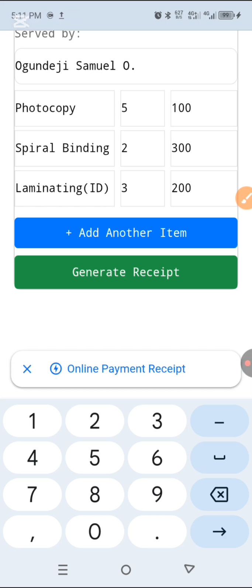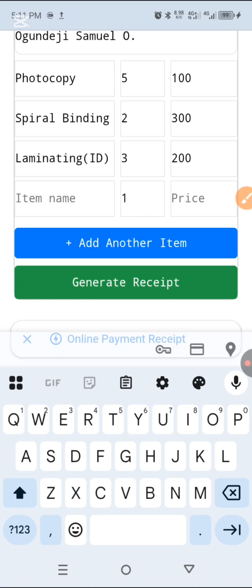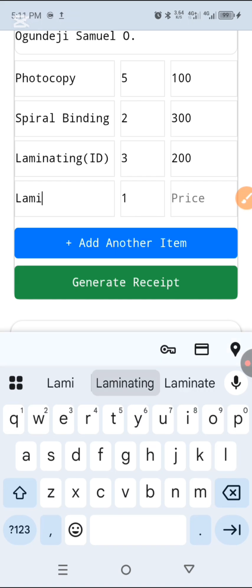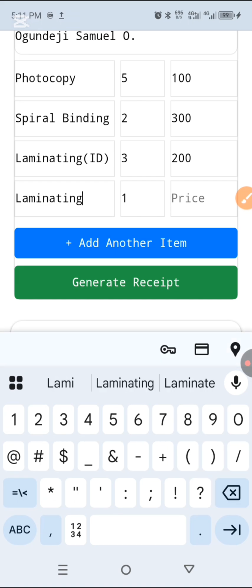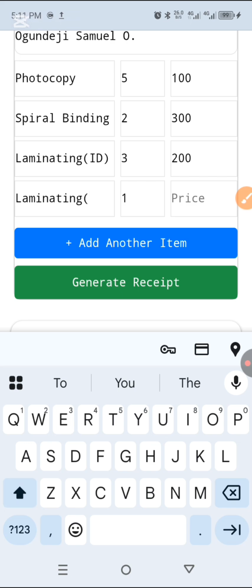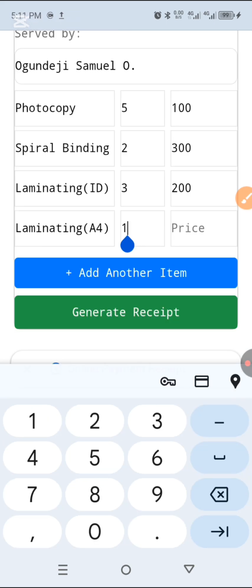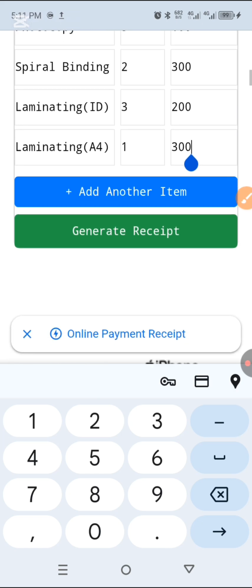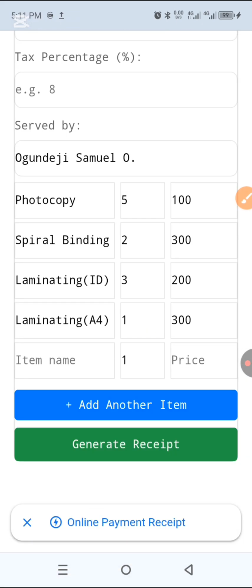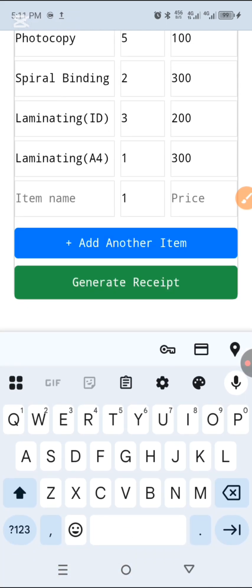All right, if you have other details, like lamination for A4 paper, you can also do that. Add another item, laminating, in brackets A4. So that one is unit price. Unit price is 300. So let's leave the quantity at 1. Then for the A3 lamination, add another item, A3